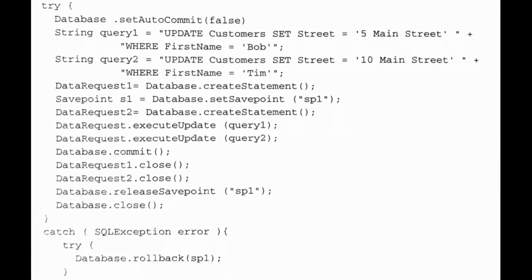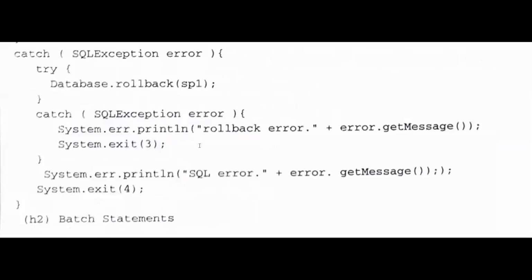Here, when the transaction is successful, the save point will be released. So what happens if the transaction has failed? If a transaction has failed, then we have to roll it back. That particular part of the program will be present in the catch statement. In the catch statement, we get the SQL error, and here we have to use the rollback.